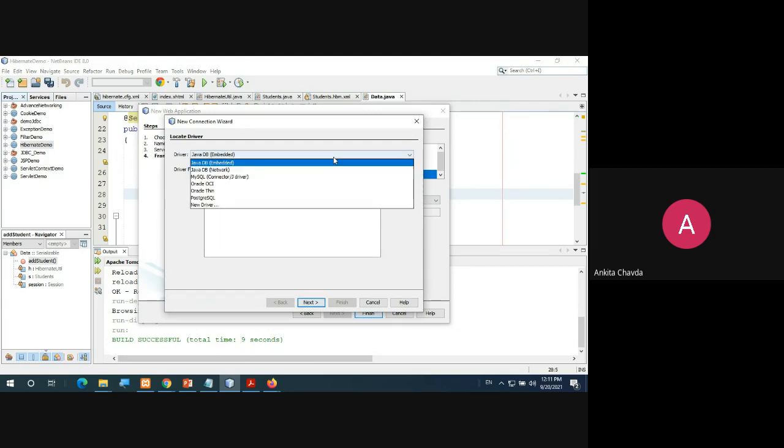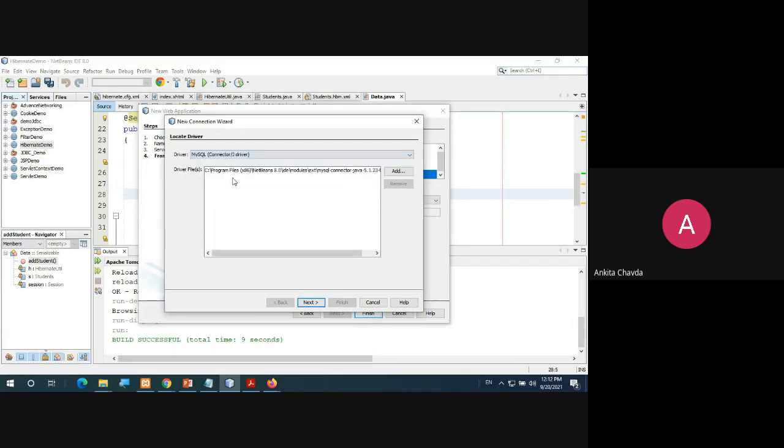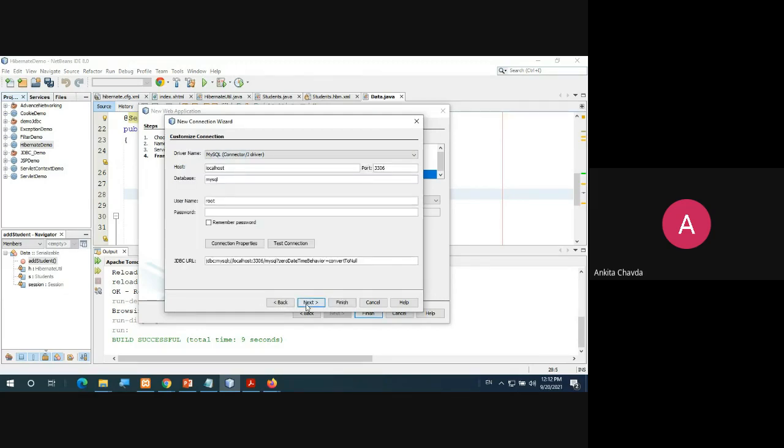You will have many options like Java DB, Oracle OCI, Oracle Thin, and PostgreSQL, and you have to select the MySQL driver here. Then add the MySQL connector if you wish. Otherwise, just select this and go to next.